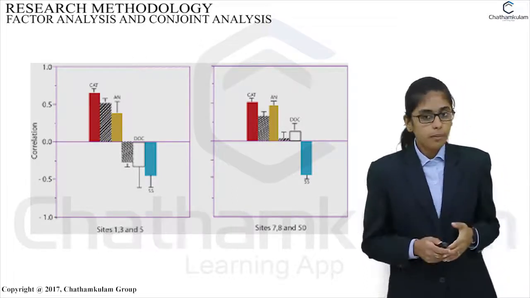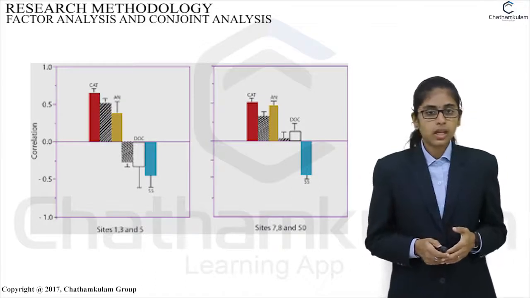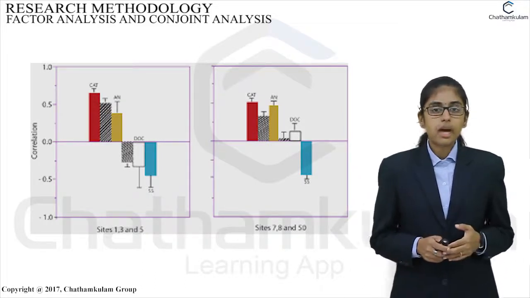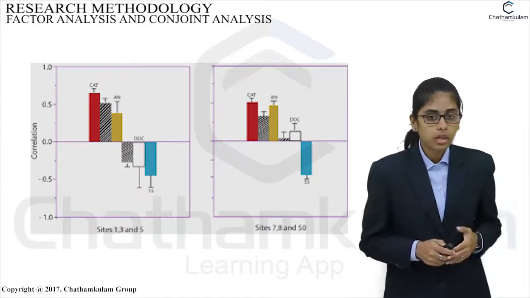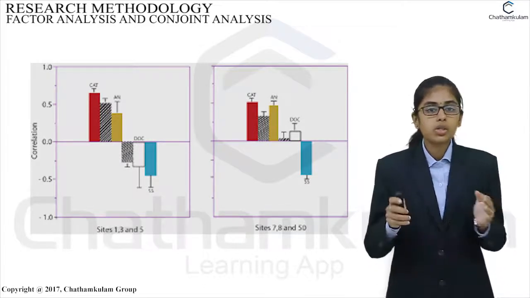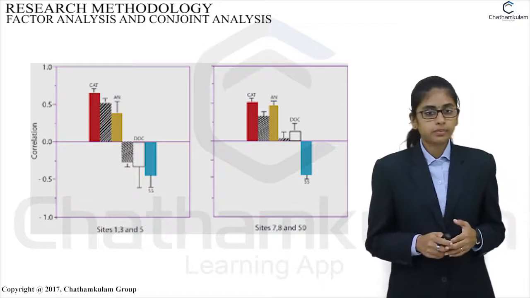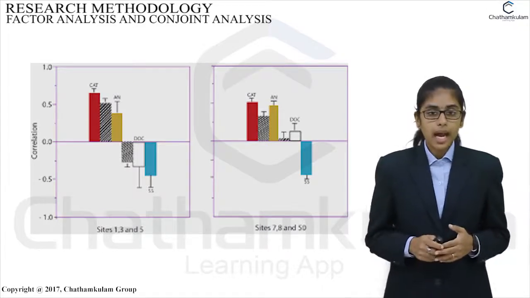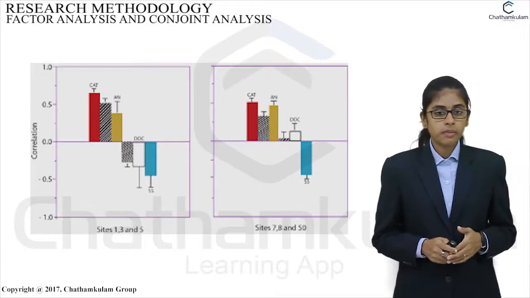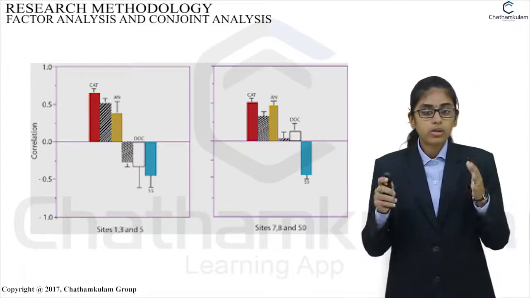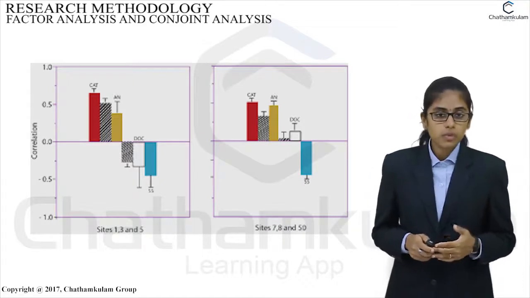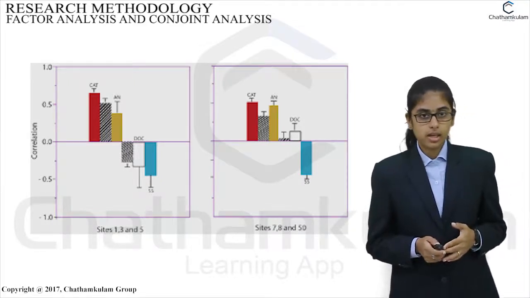Select a list of combinations of various attributes. Decide a mode of presentation of attributes to the respondents to the study, that is, whether it should be in written form or oral form or a pictorial representation, etc. Inform the combination of the attributes to the prospective customers. Request the respondents to rank the combinations or to rate them on a suitable scale or to choose between two different combinations at a time.